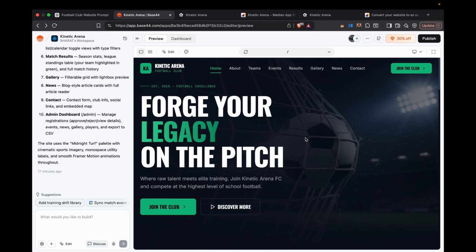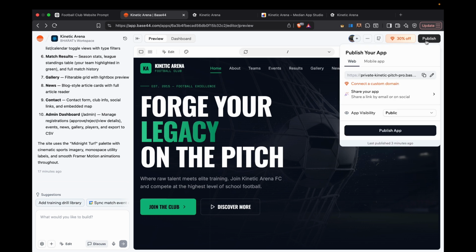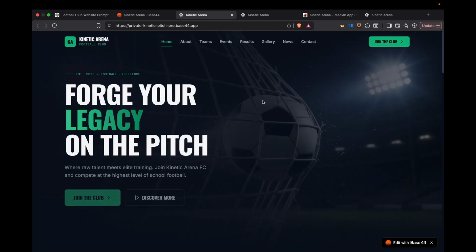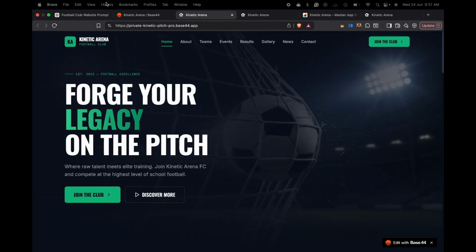For this, first of all, you simply publish your application. You choose your project which you want to convert into the APK. Then click the option of publish. After that, here you see the option of publish, so just click it and publish your app. And now your app is live, so you just click on this link and here you see that your app is now live. Now you just copy this URL